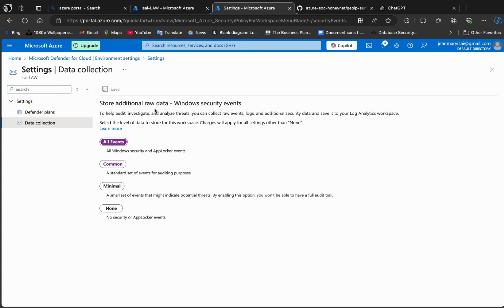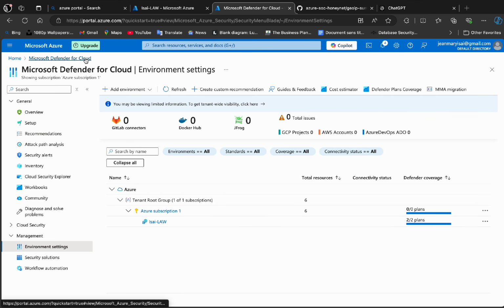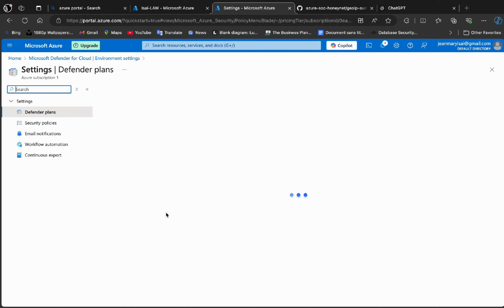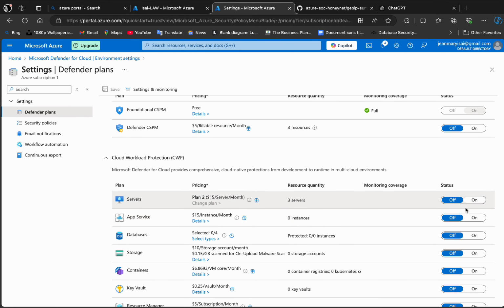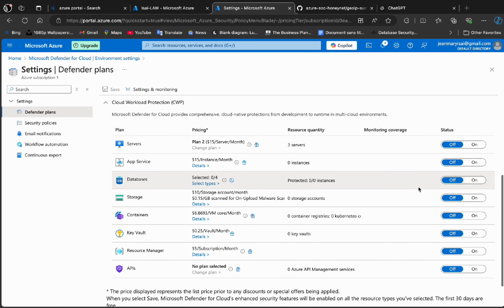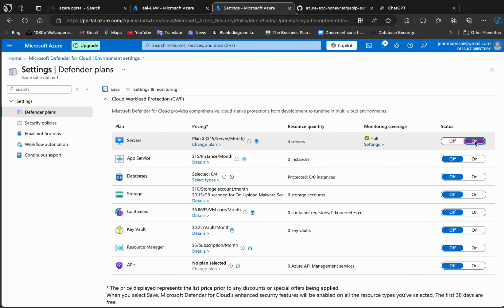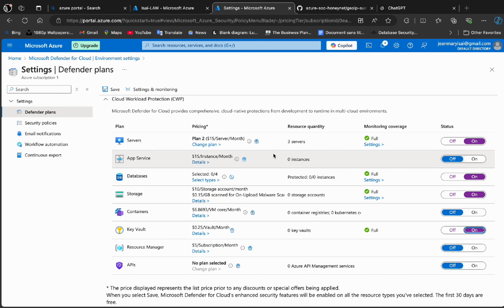go to the actual Azure subscription plan, not the log analytic workspace, Azure subscription, and we want the server, the database, the storage, and the key vault. I mean, we're not gonna use them, but we want to generate logs for this lab. So